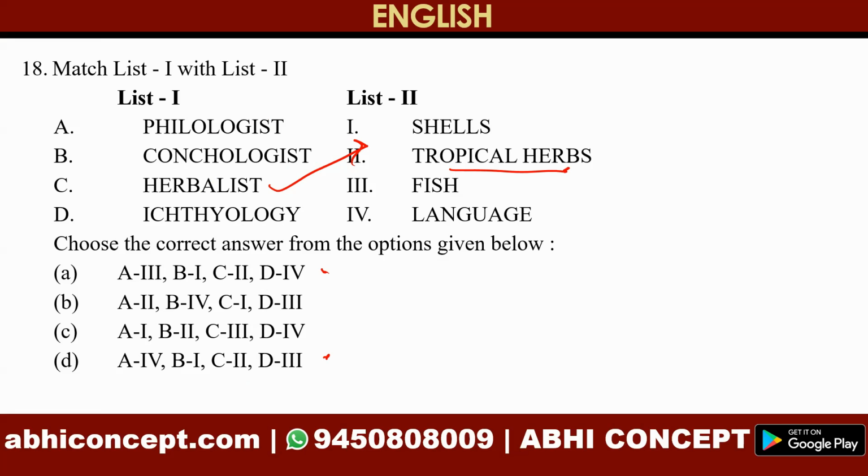So if we find the answer to A, we will probably have the right answer. So a philologist is one who studies languages. So A ka fourth, yani ki D is the right answer. Okay. दो ही पॉइंट से हमें पूरा आंसर जो है मिल गया।